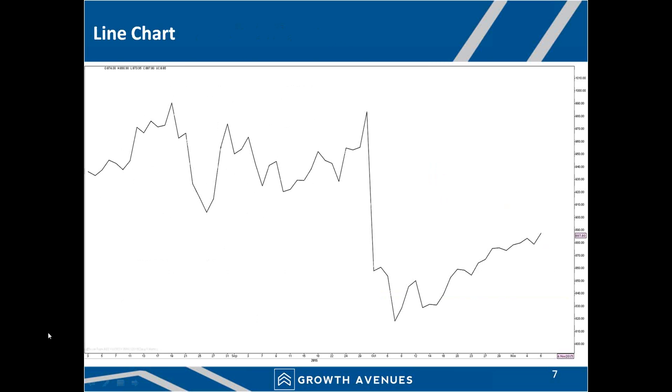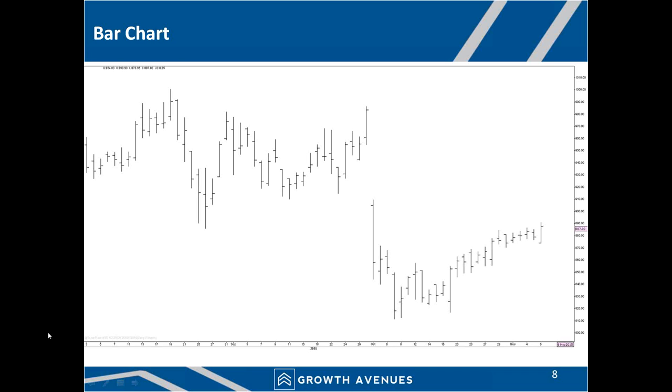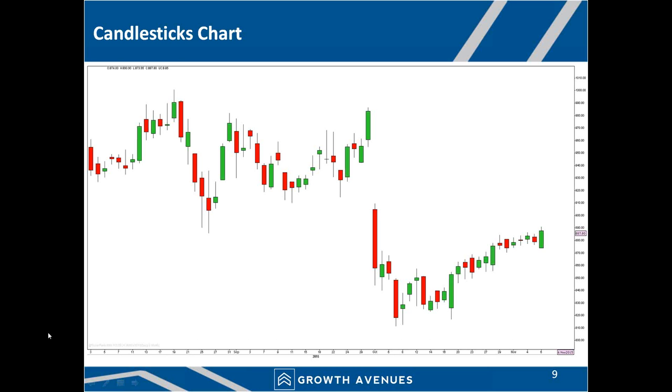One is a line chart, which is plotted by joining all the closing prices, while the other is a bar chart, which is based on four data points: open, high, low, and close. But here you only know where the price has opened and where it has closed. Apart from that, you do not know much. However, the other form of charting, which is the most popular charting which we are discussing today, is the candlestick chart,